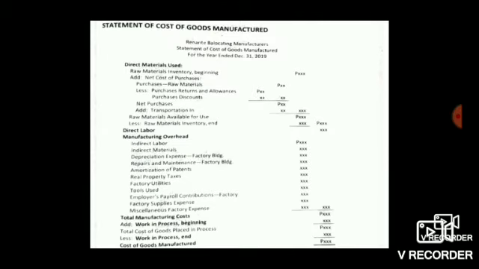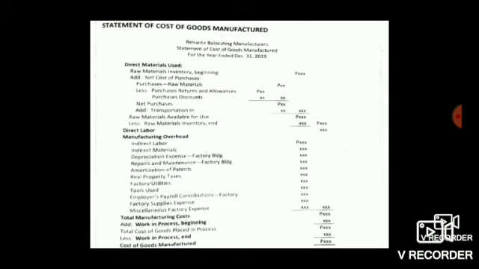Pero if ever naman na may nabili tayo or may natanggap tayo ng mga sira or mali na mga materials, so mabibilang siya doon sa purchases, returns, and allowances. So, i-credit natin siya as purchases, returns, and allowances. Then, if may mga discount naman yung mga nabili natin na materials, ililista din natin ito as purchases discount. Then, yung net cost of purchases, ibabawas natin doon sa mga purchases, returns, and allowances, tsaka purchases discount, makukuha natin